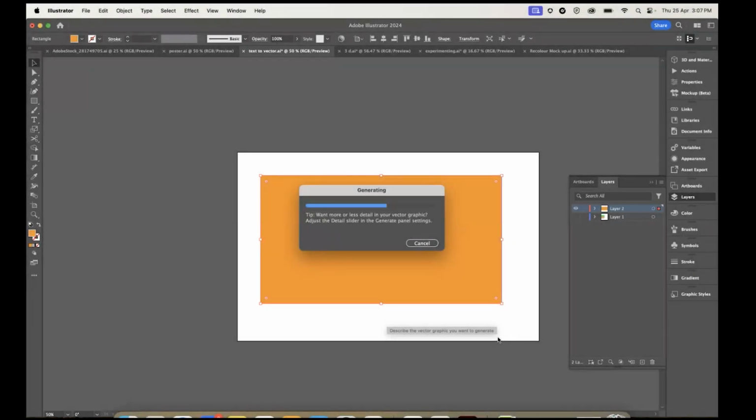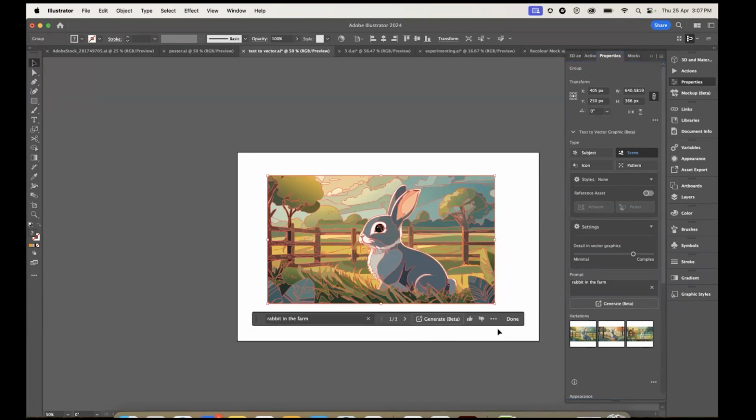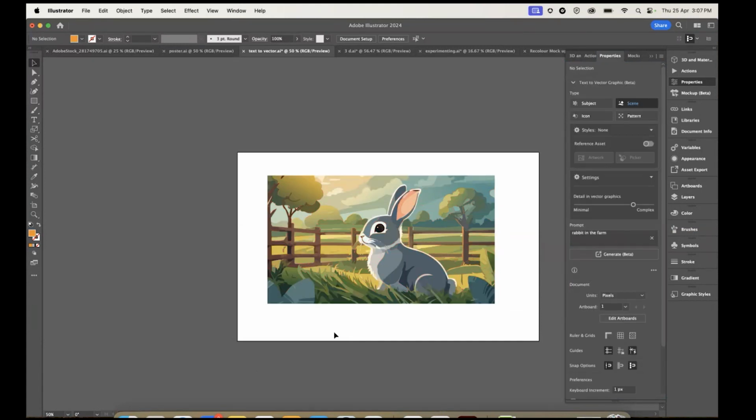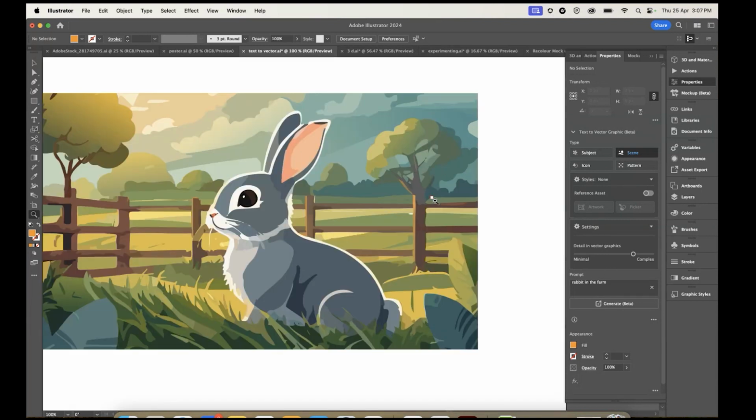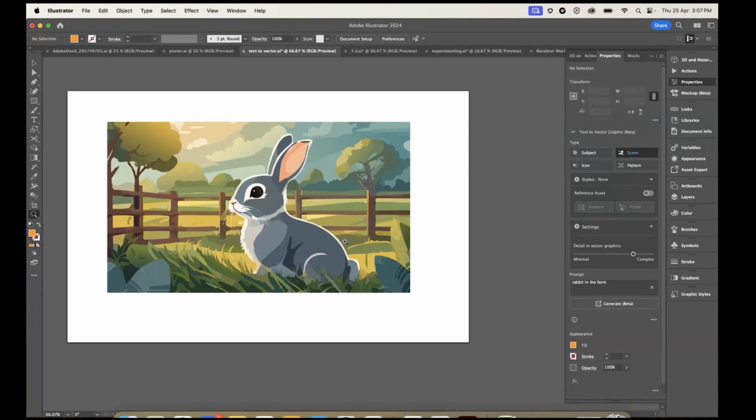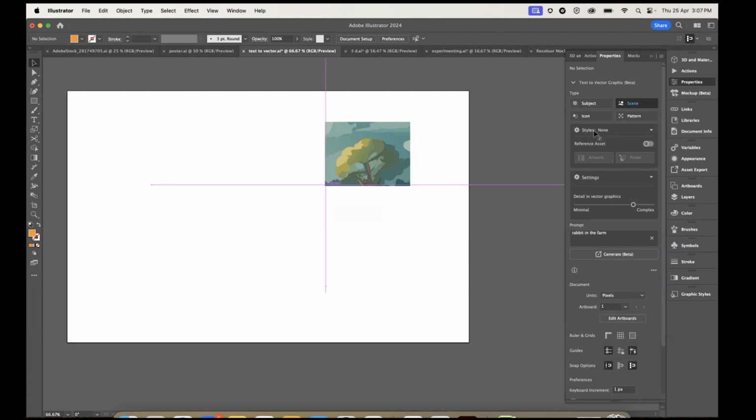All right. So this is basically a software that lets you just go ahead and make something in vector instantly. And you just saw it, right? I wanted a rabbit in a farm and I have a rabbit in a farm. And that's not all, okay? I can actually go ahead and get a few more options here. So it'll show me the various,